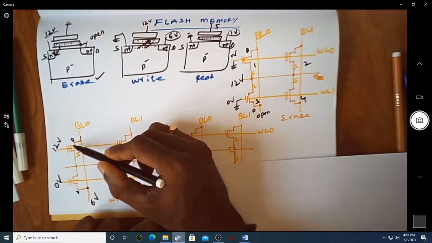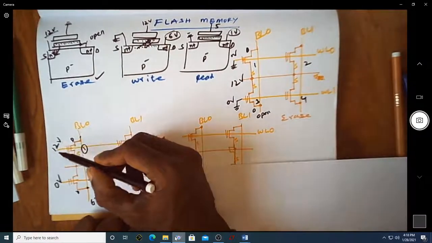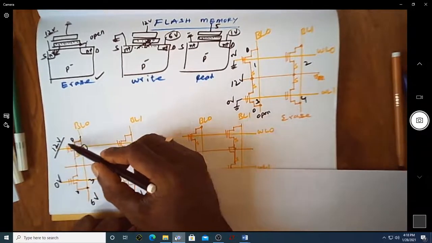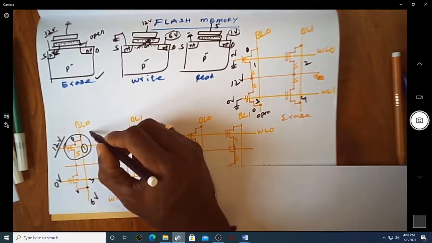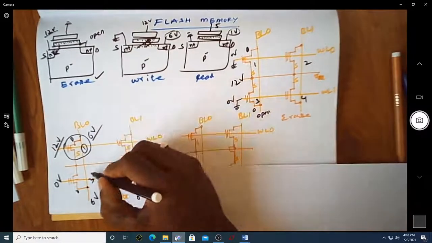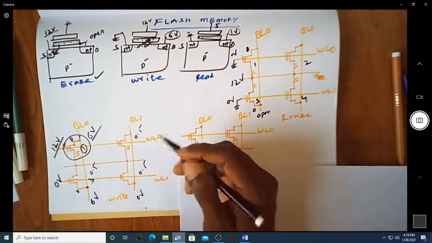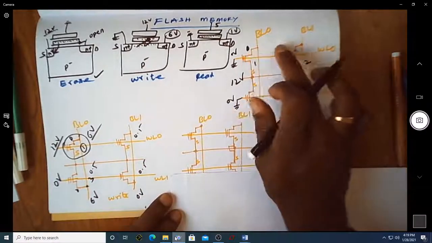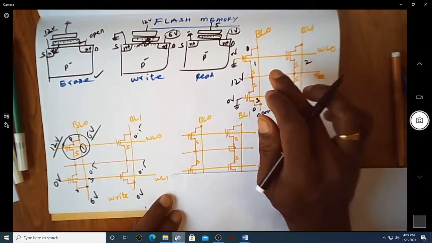So there is a possibility of enhancing the threshold voltage of either transistor 1 or transistor number 3. Since only this transistor is connected with a gate of 12 volt, only this transistor will have an enhanced threshold voltage. The threshold voltage of this may be raised to 6 volt, whereas the others will remain at 0.5. So out of the 4 transistors we are considering, we have erased and made the threshold voltage of all 4 transistors 0.5.